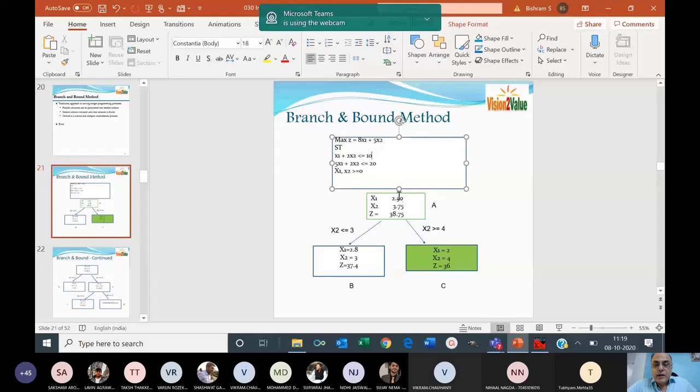Once you have it, as you see here, both the variables x1 and x2 have a fraction portion. Now you are going to choose the one which has the largest fraction. Which has the largest fraction here? The greatest value, 3.75. Around 3.75, we have two integers, one on the lower side, the other on the upper side. So we'll develop two constraints, so there are two branches coming out.